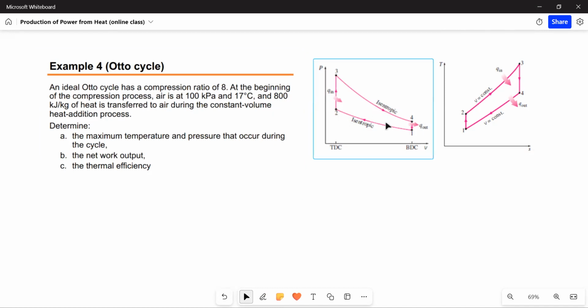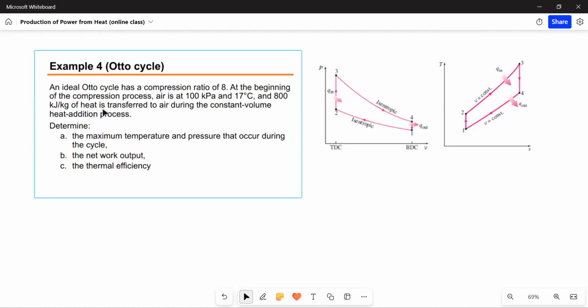And then 800 kilojoules per kilogram of heat is transferred to the air at the constant volume heat addition process. We are required to determine the maximum temperature and pressure that occurs during the cycle, and also the network output